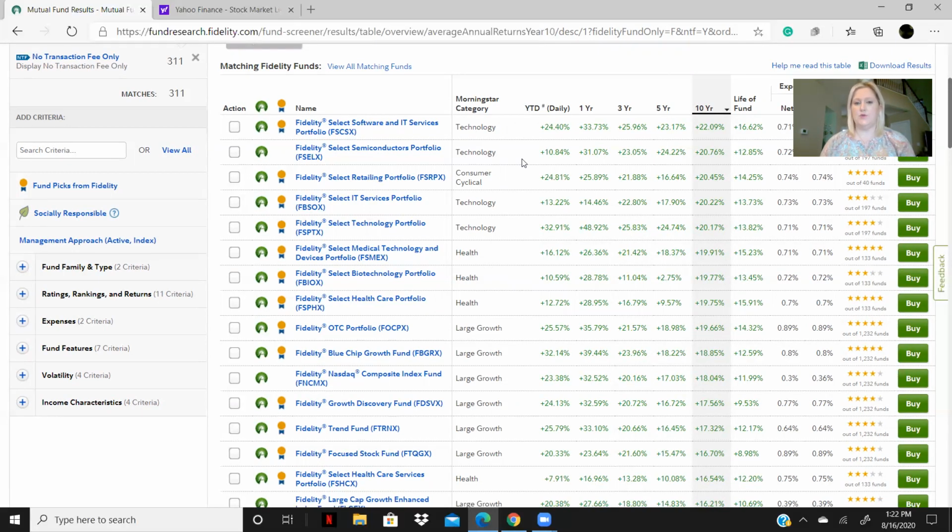A lot of people really like to push the total market funds or the S&P 500 index funds, which are basically a ton of different stocks within the fund. That basically mitigates your risk a little bit, because as some go down, some are going up. I personally am not crazy about that method, even though that's what a lot of people prefer. But again, we'll get into that later and I can show you some comparisons. I prefer to do sector funds, which means that it's specifically in one sector, and then I diversify by having multiple